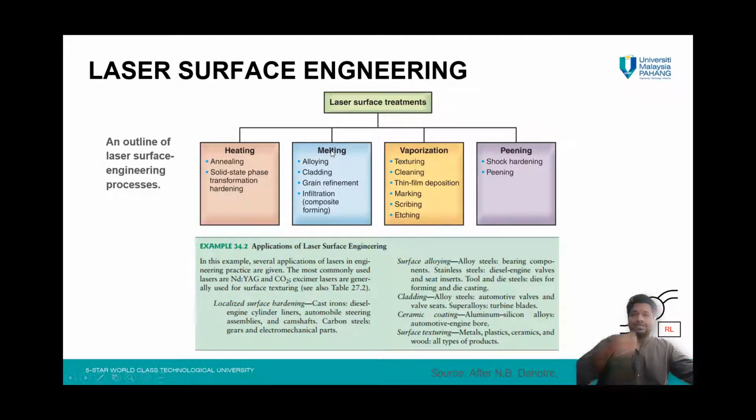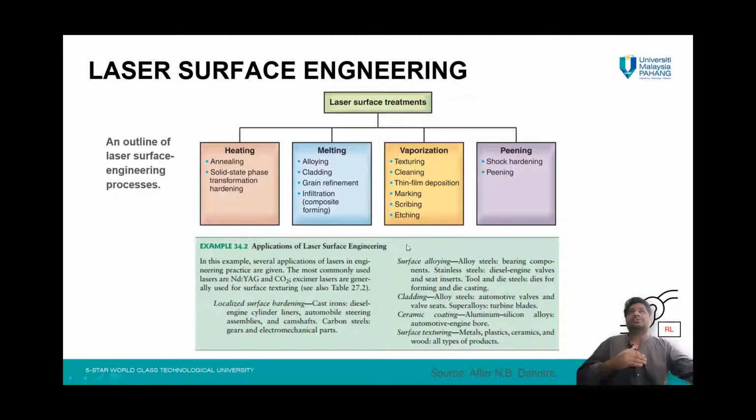Next, we move on to melting. Using laser, if the energy density is increased, then it is going to melt that part as well. Now, if I am going to melt the metal itself, then it is called laser surface melting. In laser surface melting, you melt the material to make significant microstructural changes. Because when the laser melts the material, it also cools very quickly. So when significantly rapid cooling occurs, the strength, hardness and wear resistance of the material also improve.